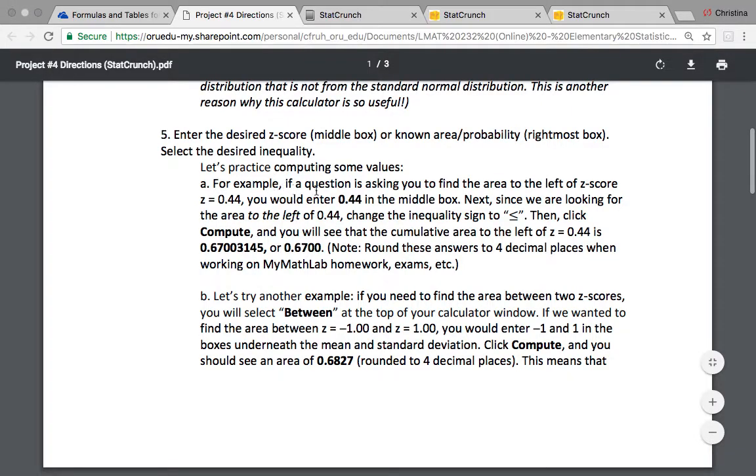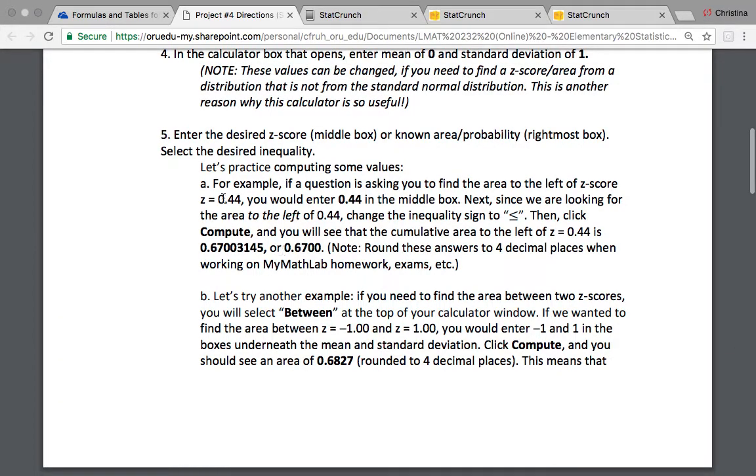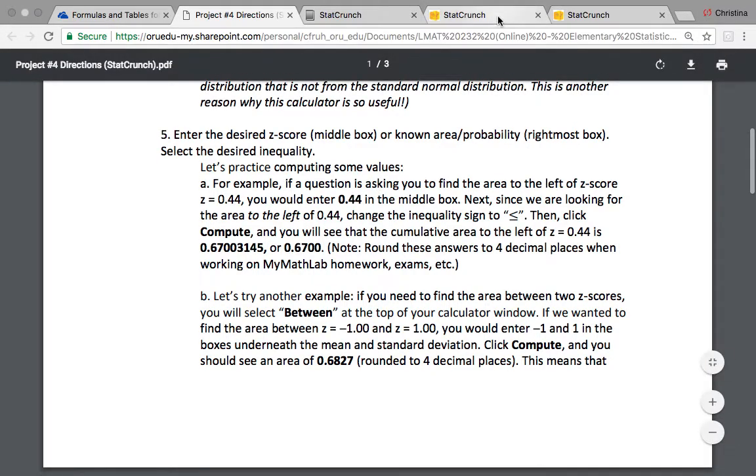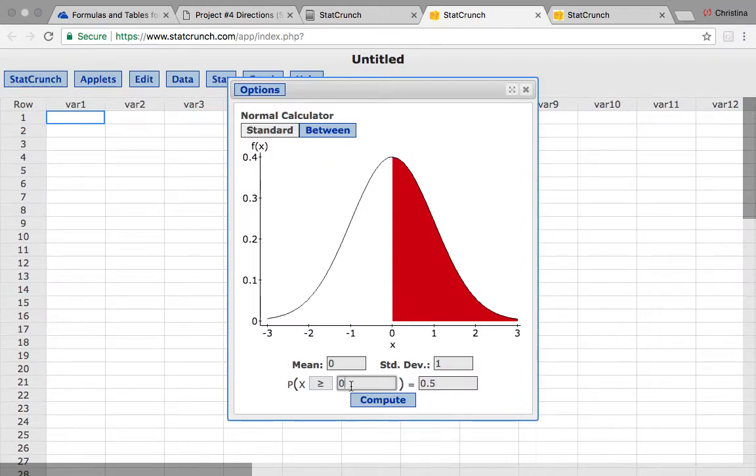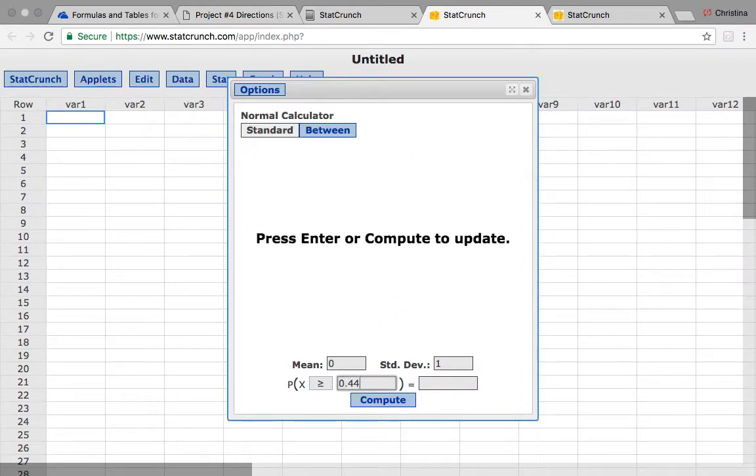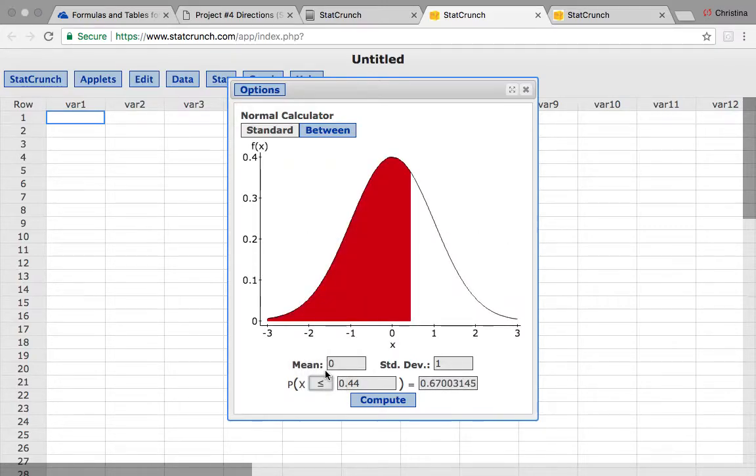So let's do this first one together. It says, for example, if a question is asking you to find the area to the left of z-score 0.44, that means that we're going to put that z-score in the middle box. So I'm going to go back over here. We'll put 0.44 in the middle box, since that's the z-score that we have. And since this one said find the area to the left of that z-score, I'm going to change my inequality sign so that it's less than or equal to, and I haven't even hit compute yet, but it just automatically